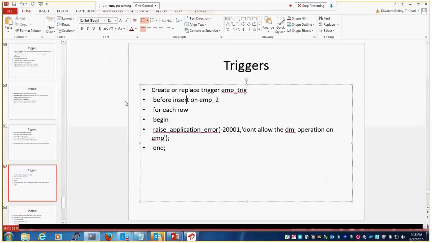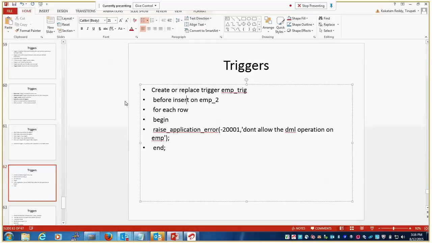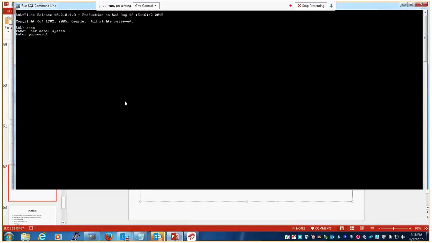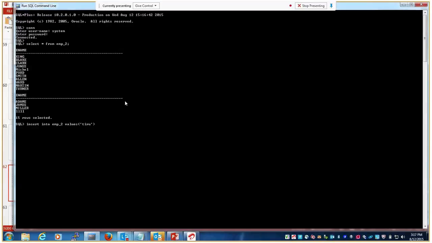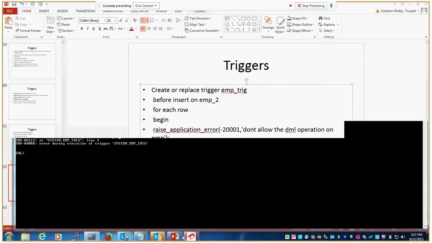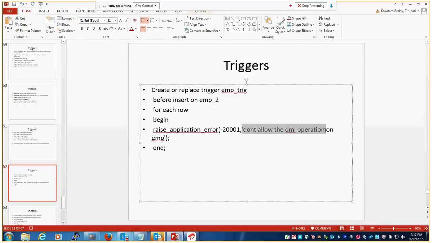We have already raised one trigger on EMP_2. When you try to insert any record into EMP_2, before the insert operation, the trigger will fire and give an alert and an error message. Yesterday we got the error message: don't allow the DML operations on EMP. That's why we got the same error message.